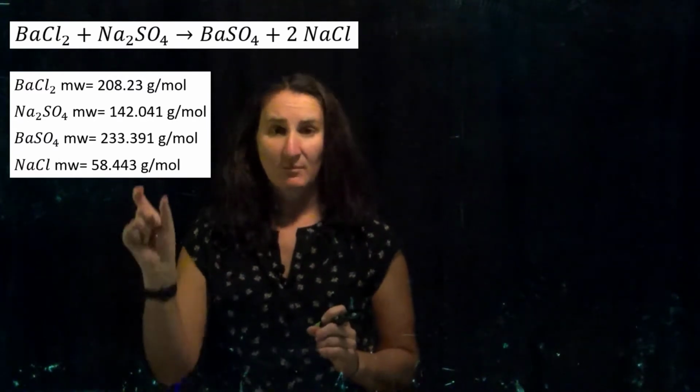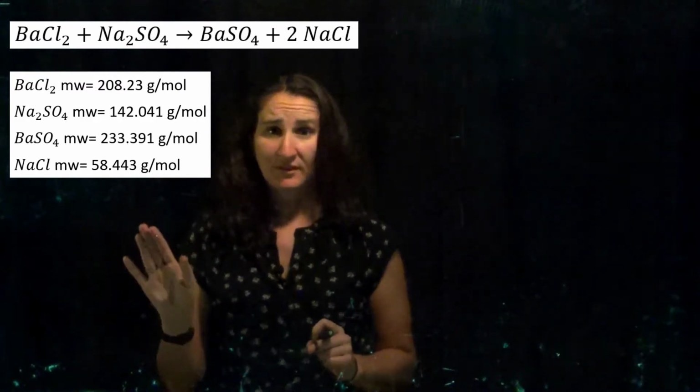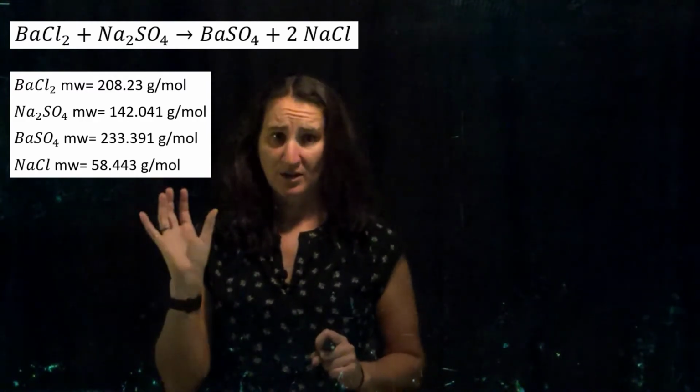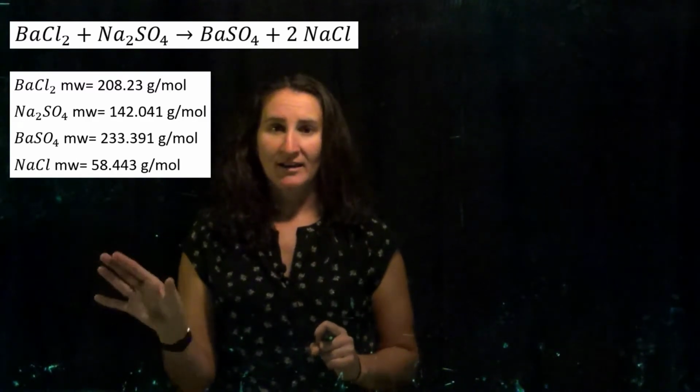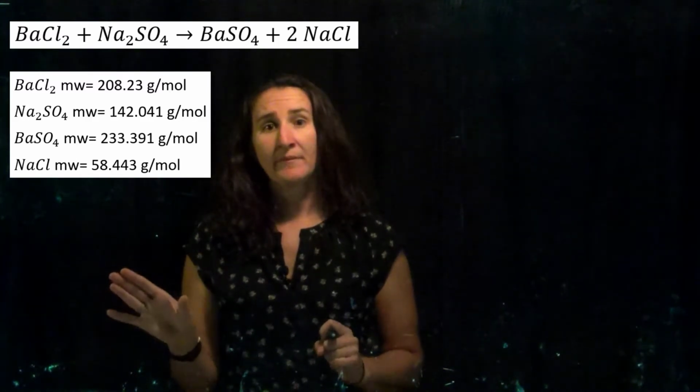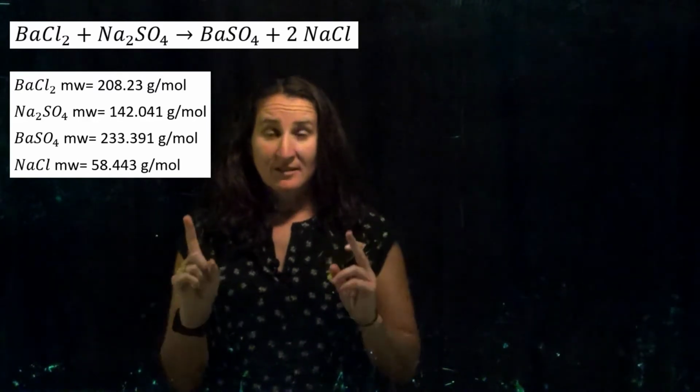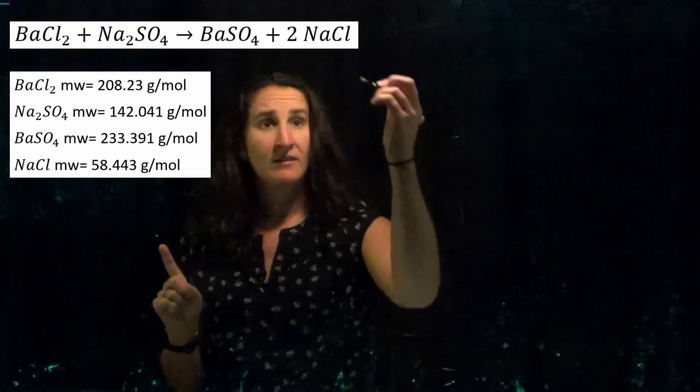Now, the main thing is you might be off by like those last couple decimals. That's okay. Check your work, make sure you're pretty much exactly what you see on the screen. All right, now let's go into our limiting reagent problem. If we've got our balanced chemical equation, which you see up there, then